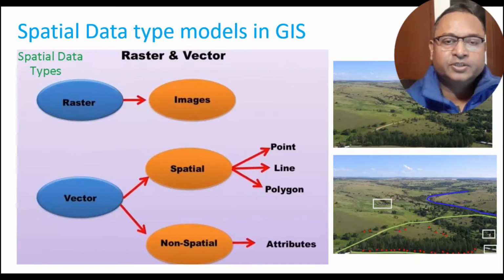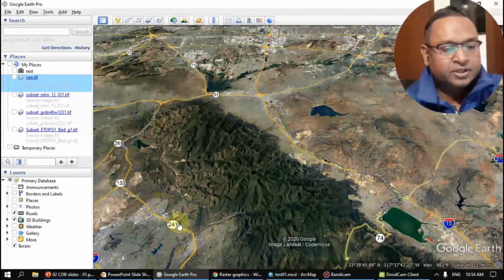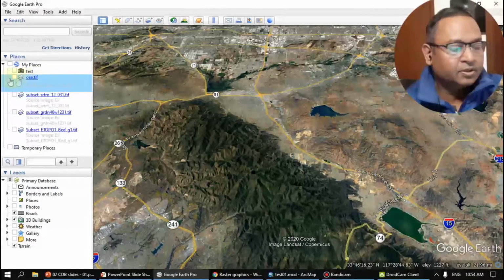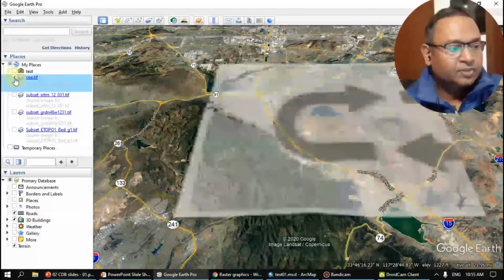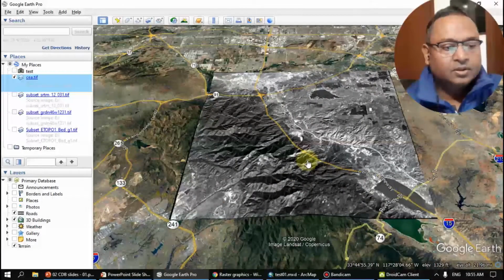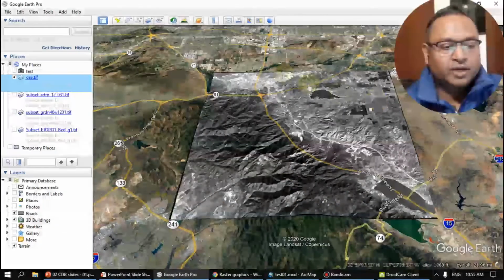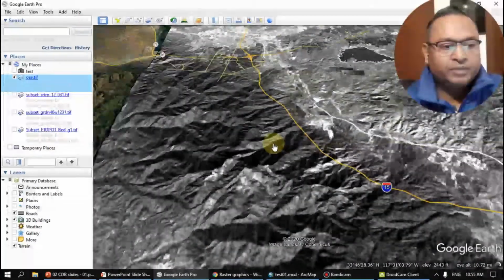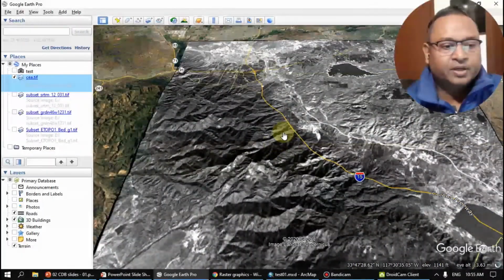Let me demonstrate this to you in Google Earth. As you see on the screen, this is an image or a picture of a particular geographical area, and the corresponding elevation data of this image is this one. This raster image or data has an elevation value for this particular geographical area.